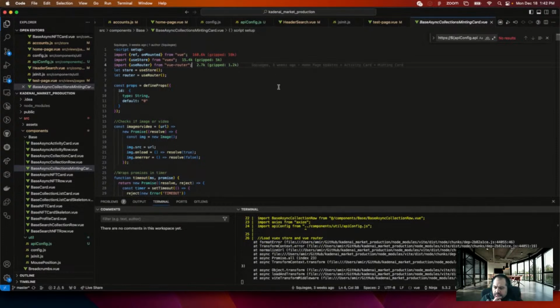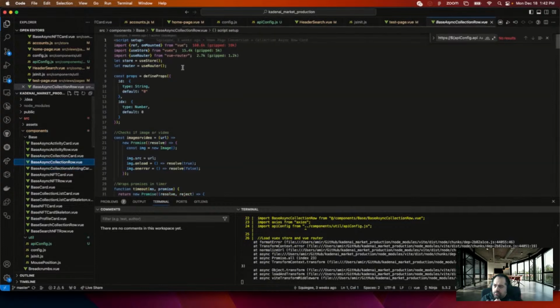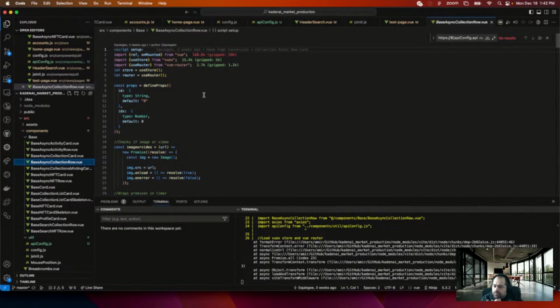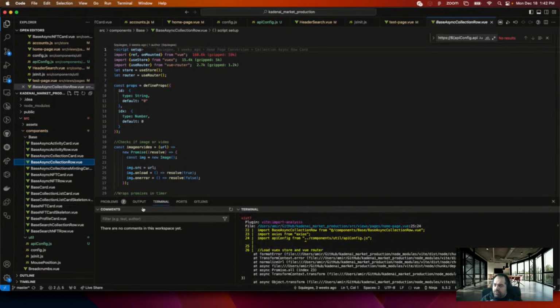All right. From component base async collection row. Base. Oh no, homepage.